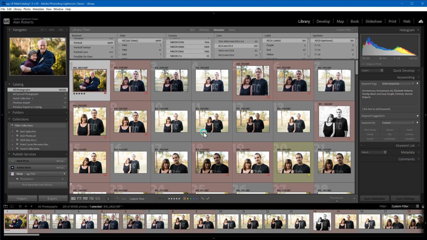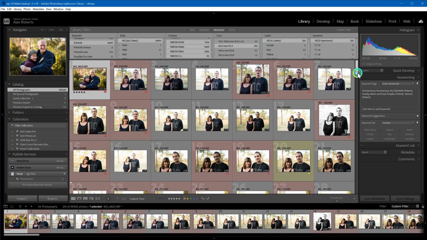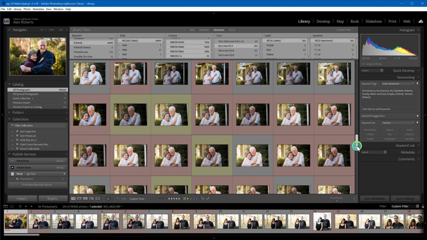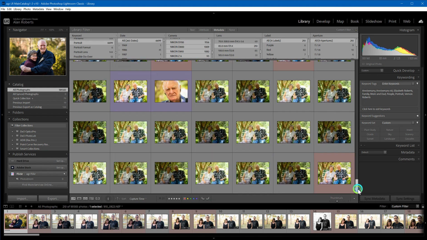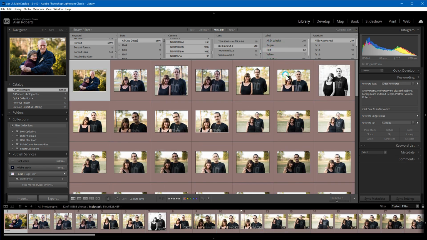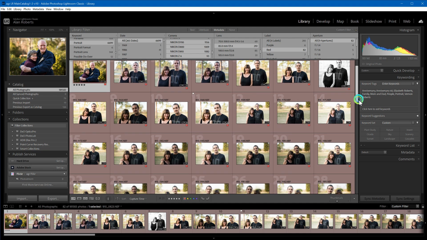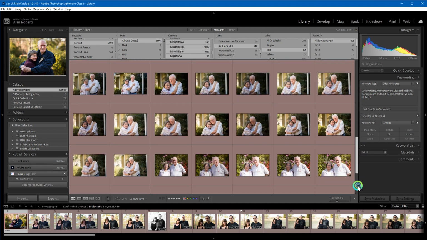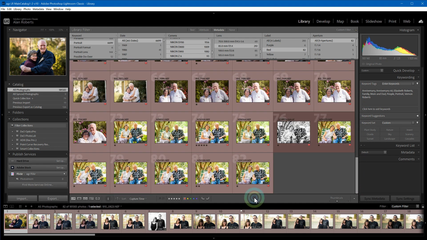So there, now I have portraits with my 85mm f1.4, and there they all are, as quick as that. If I want the ones that are my favorites, I can say I want the red ones. There are my portraits that I've classified as being red. So it's as easy as that to find a portrait photograph that I've taken with any of those cameras with